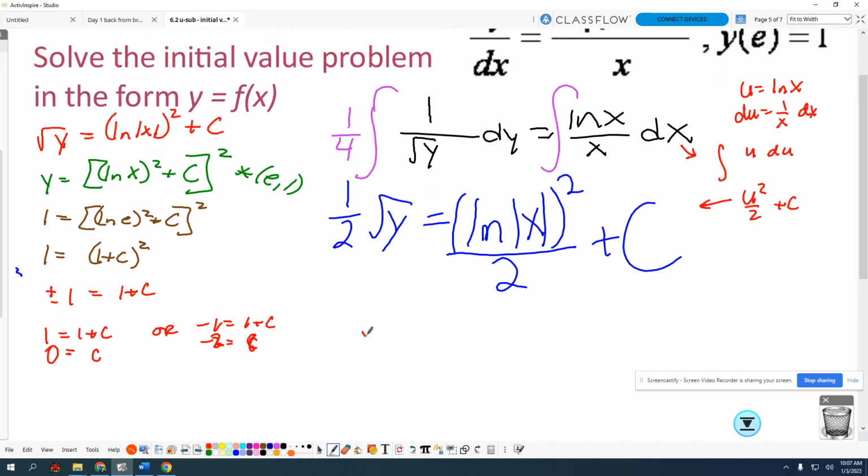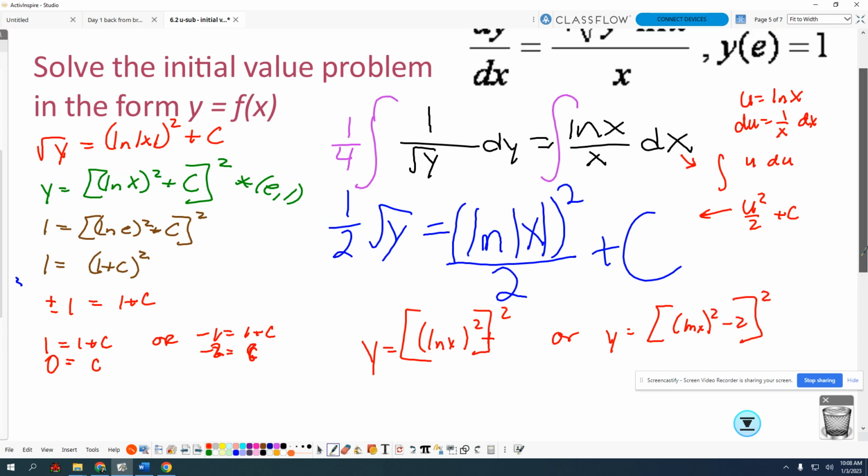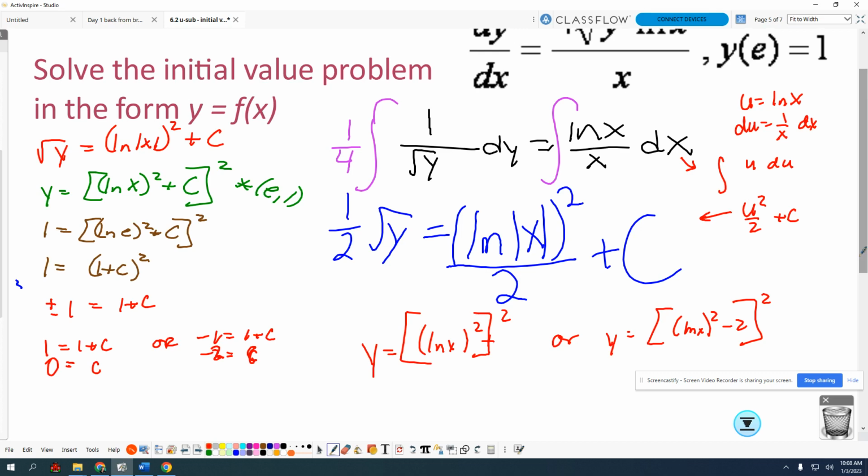Let's see. So y equals natural log of x squared plus 0, or, and let's see, do both work? In this case, they do both work. Okay, so